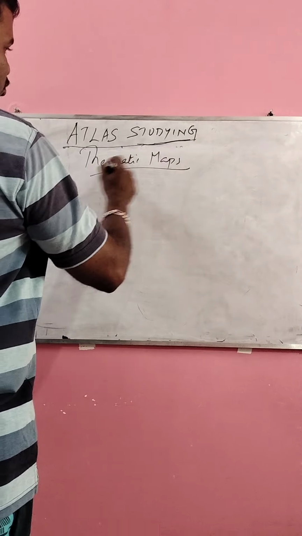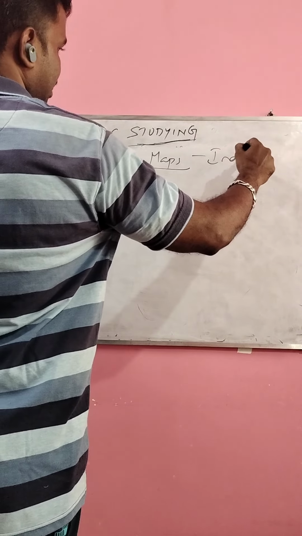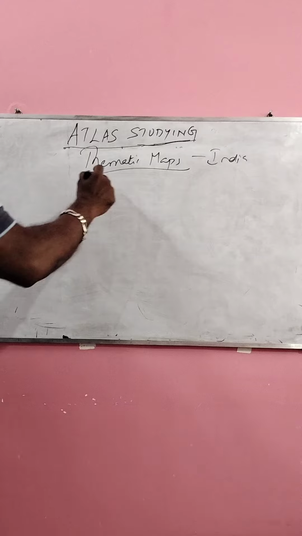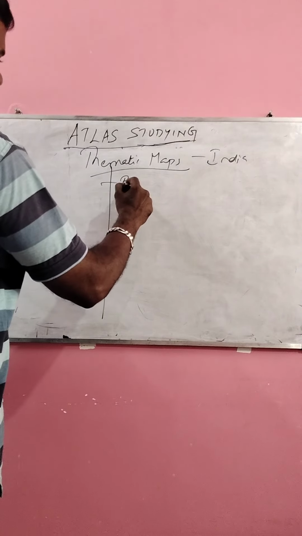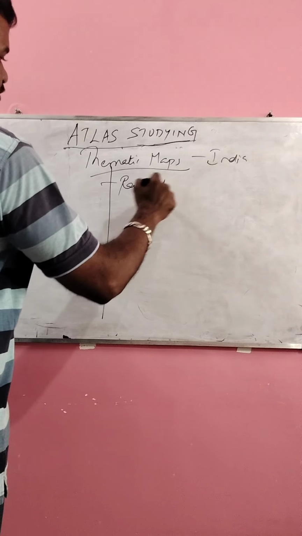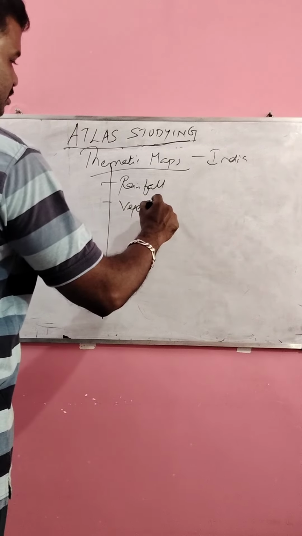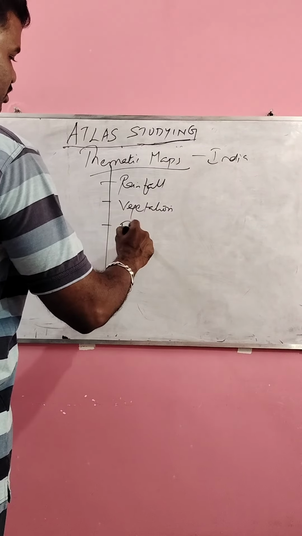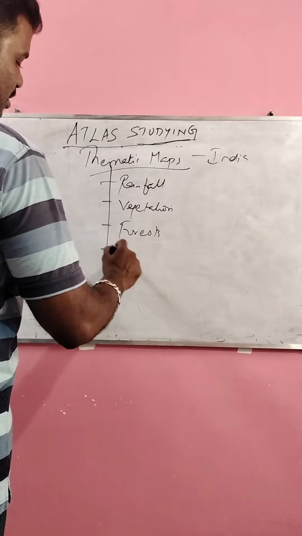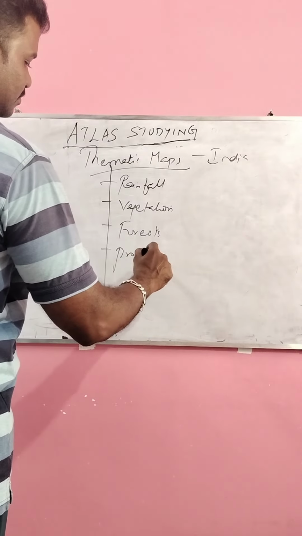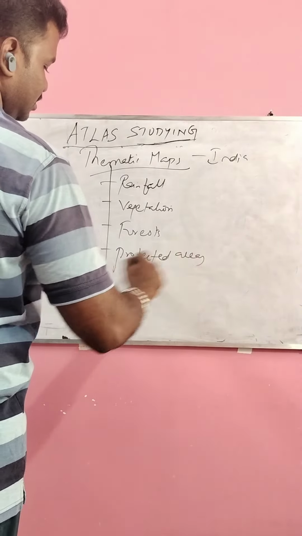They are applicable to India. They are based on a particular theme. That is why they are called thematic maps. Rainfall, vegetation, forest, protected areas, resources,